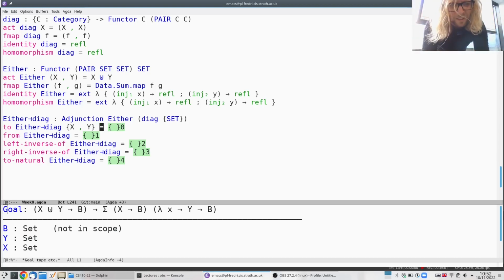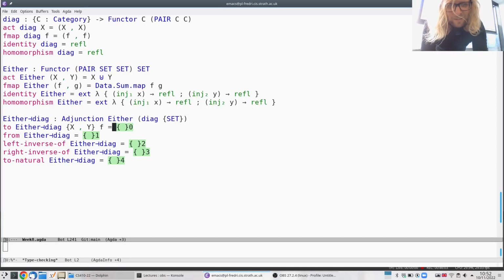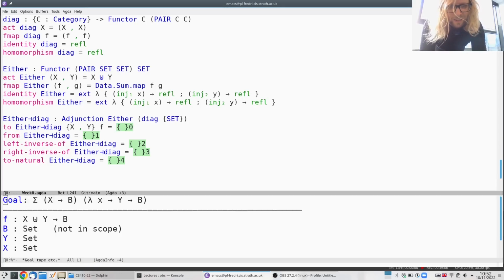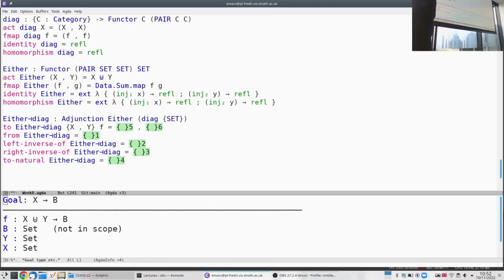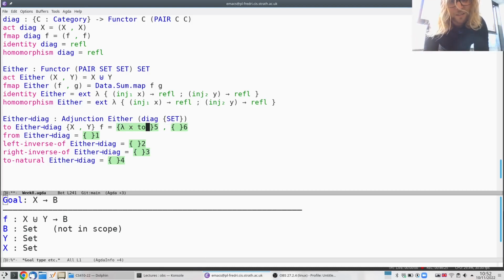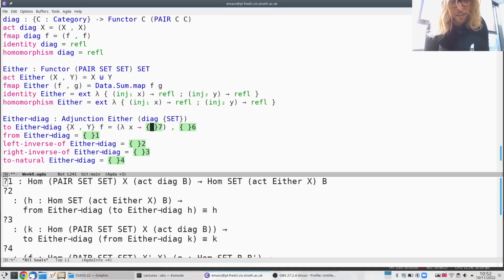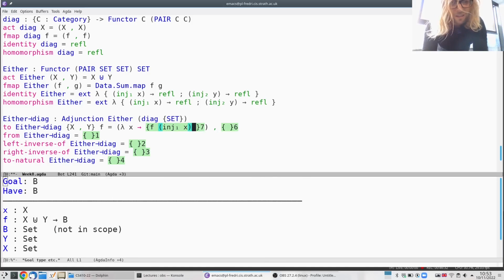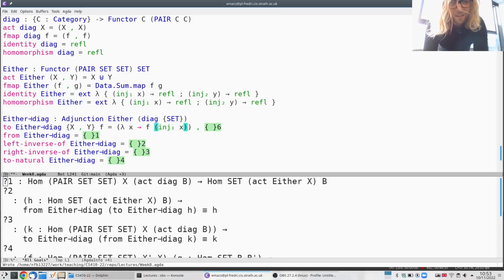So I get my f. And here I have to make a pair of two things. So if I have an x and I want to make a b, well, then I can package that x up as an inj1. I will turn it into this disjoint union, and then I can use the f to go to b, right? So f of inj1 x. And similarly here,